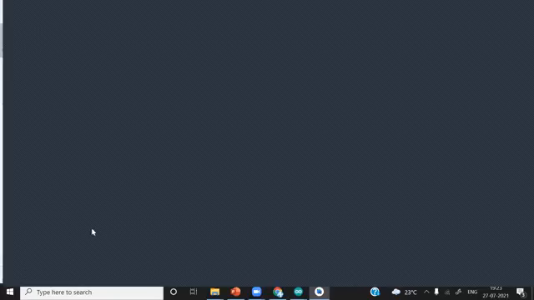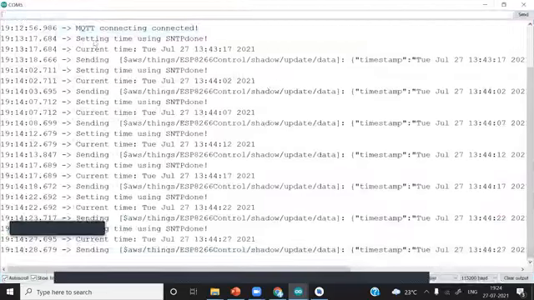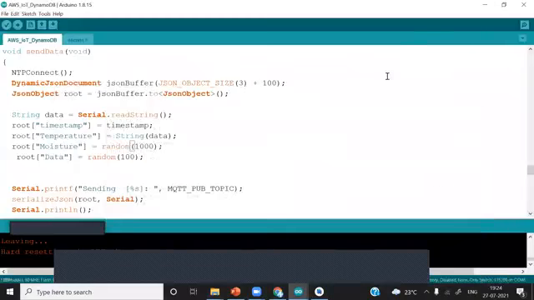How can I update real-time data on cloud in the last shown project? Whatever data we are typing in the serial monitor here, I was typing random numbers. You can assume that data as coming from a microcontroller.